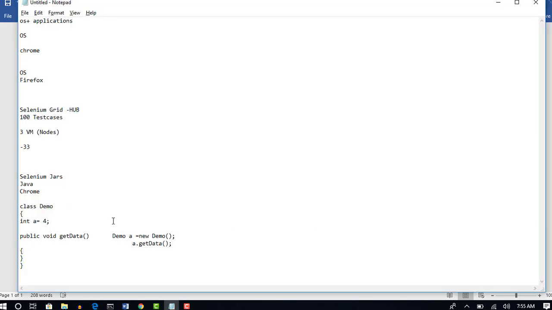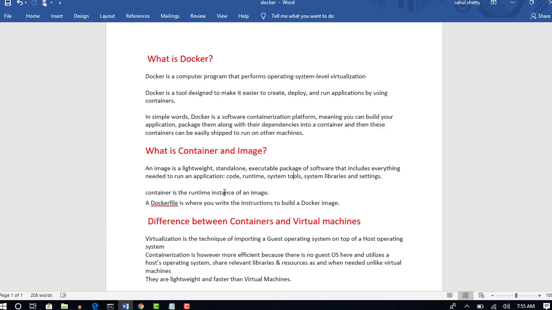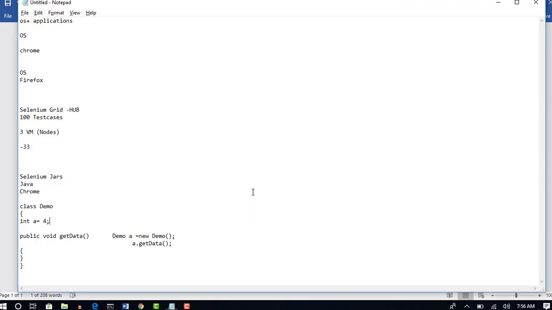I'm mapping this to help understanding, because there is a simple definition: a container is a runtime instance of an image. It's like an object being an instance of a class, where the class has all the details, and with the help of the object we invoke them.